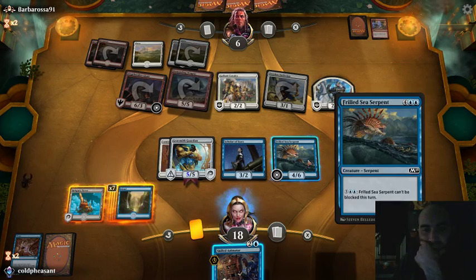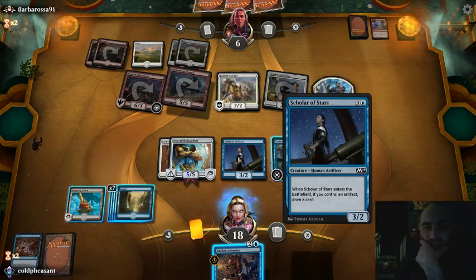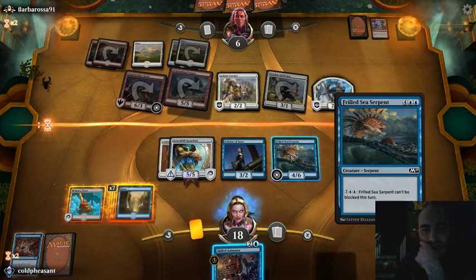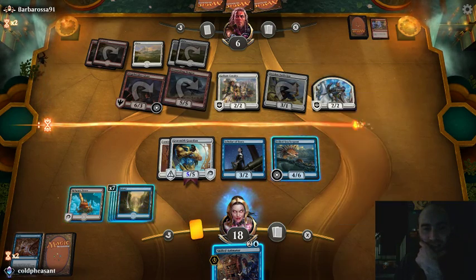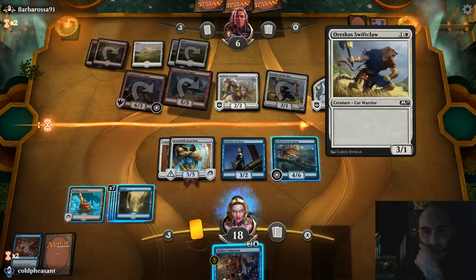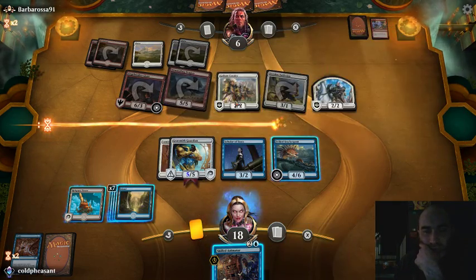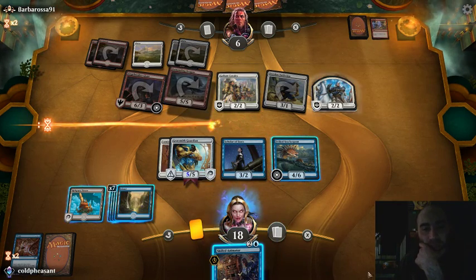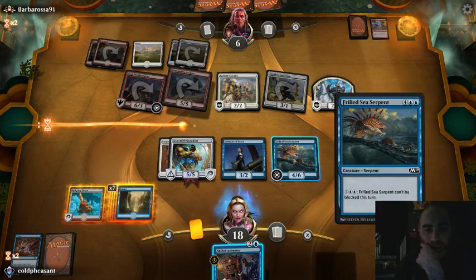Yeah, it's okay, I think. He has to block the Scholar of Stars with one of these guys. So I have a pretty decent chance of surviving his attack next turn because he'll only have one of these 2 knights, which means he'll have 11, 12, 13, 14, 15, 16 damage. If he doesn't have burn or something like that, I can still get through. So we'll do this